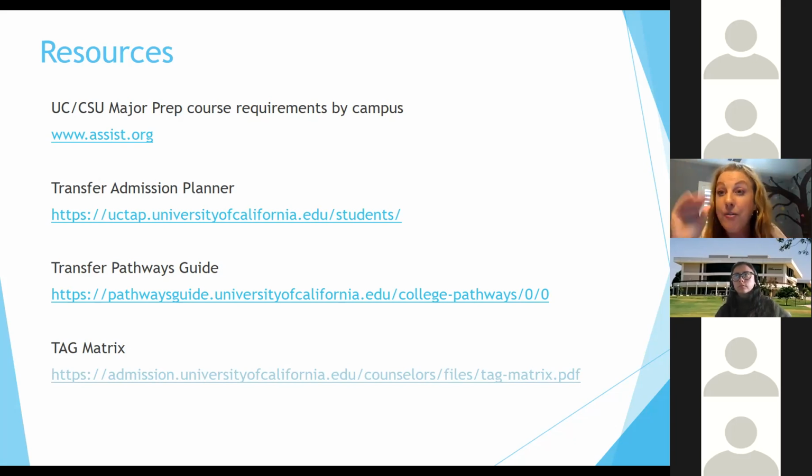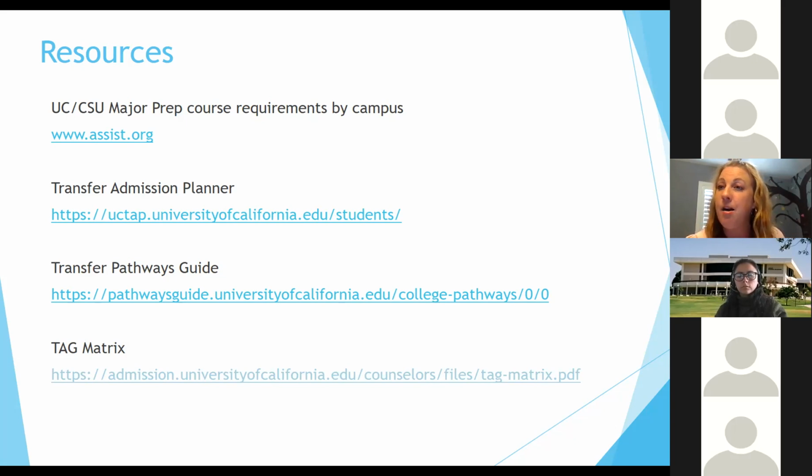You don't have to have every single one of them done. It's not a black or white requirement on that list, like you have to have them all to get in, but the more you have, the better chance you have of being admitted. It just makes you more competitive. Schools like UCLA and Berkeley are the harder, more selective ones to get in, so I would try to have as many of them as you can. It's a good place to go even before you start at a community college, to get an idea that it's not the same at every campus. A lot of students are surprised that the psych requirements are not the same for UCLA and Santa Barbara and Irvine. There is some commonality, everyone's going to ask for intro to psych and stats and things like that, but they do have different